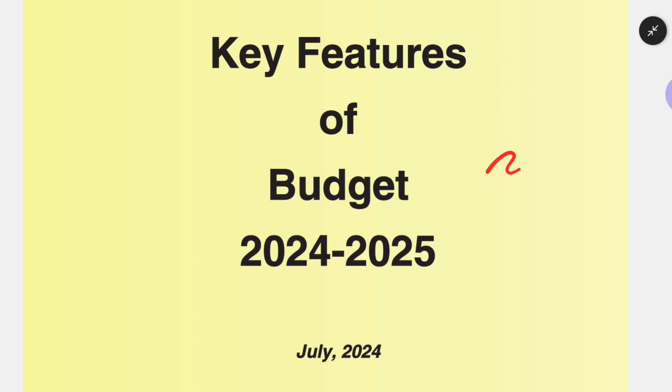Today we'll be discussing the key features of the budget, part 4. Okay, already we have done part 3 under it. Now this is the part 4 that we are learning. The heading is key features, but it is a very detailed budget we are discussing. Make sure that you concentrate on all the important data and facts from the examination point of view.